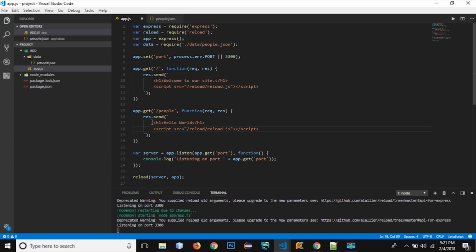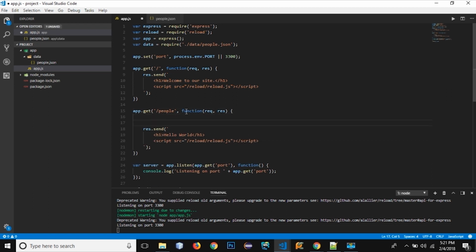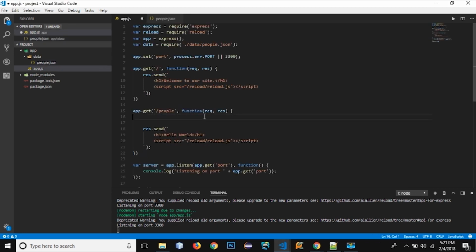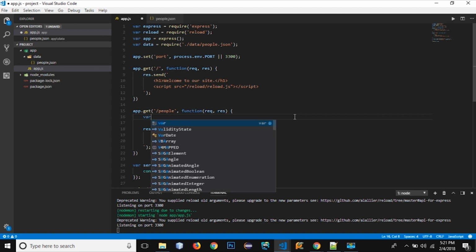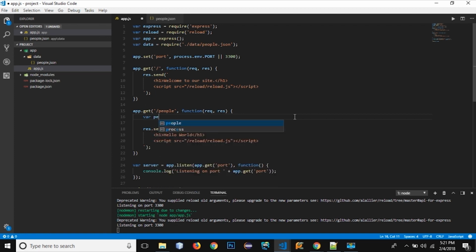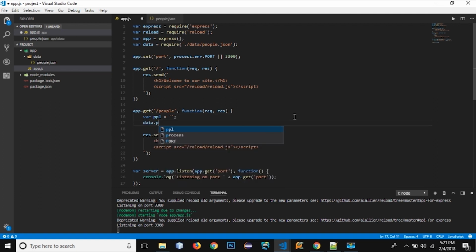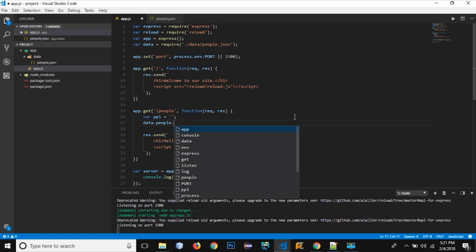Alright, and inside my people route I need to fetch the data from this file and show all the people in list form. You can see there are 4 people right now in this array. So let's go to app.js, and inside it I will create a new variable, people, an empty string at the start, and I will write data.people.forEach